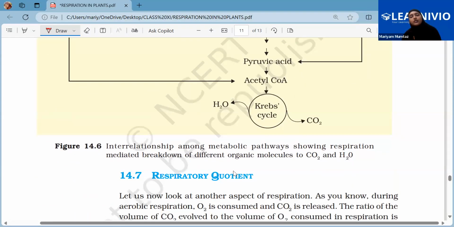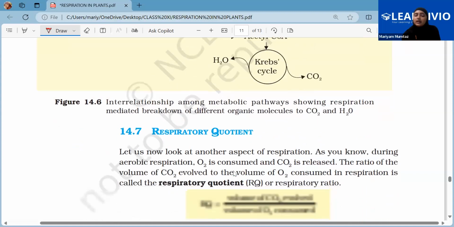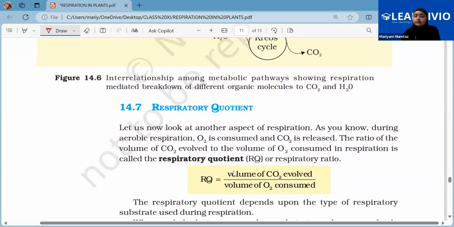After this, the amino acid will get converted into acetyl coenzyme A and ultimately reach the Krebs cycle. So again, the thing to note is that all the substrates can enter the respiratory pathway 100%, but not directly as they are. They have to be converted into glucose or into acetyl coenzyme A, and then only can they enter the Krebs cycle or aerobic respiration. Any doubts up until now? No.